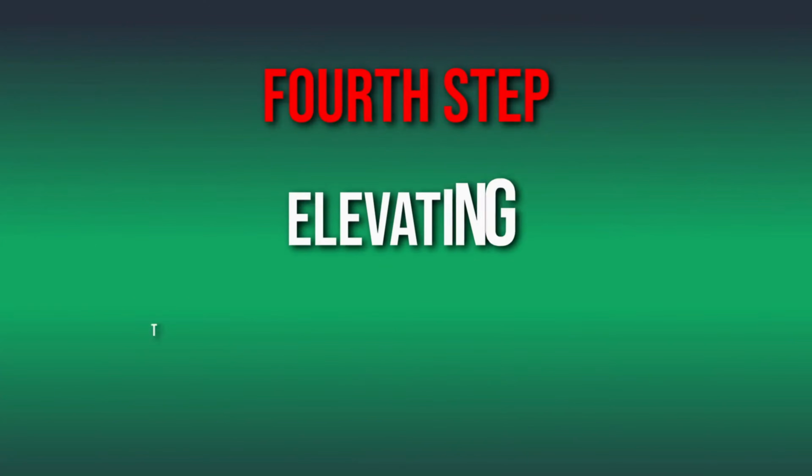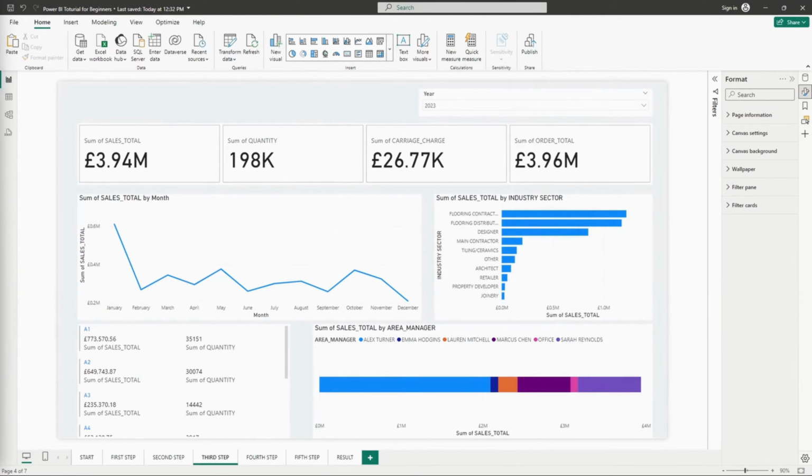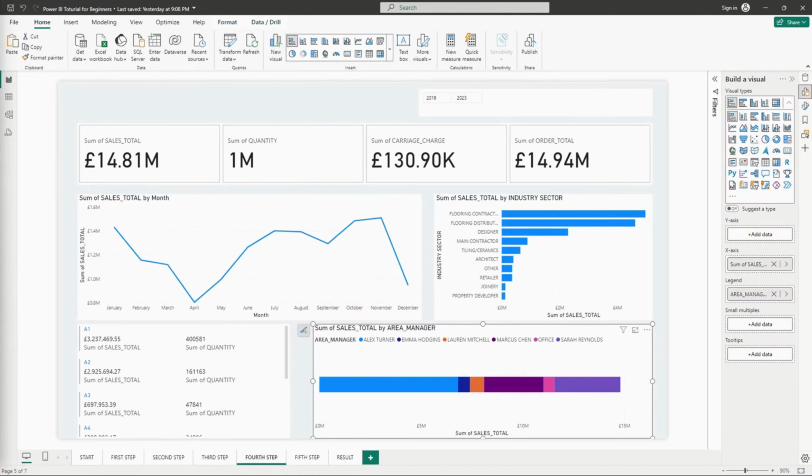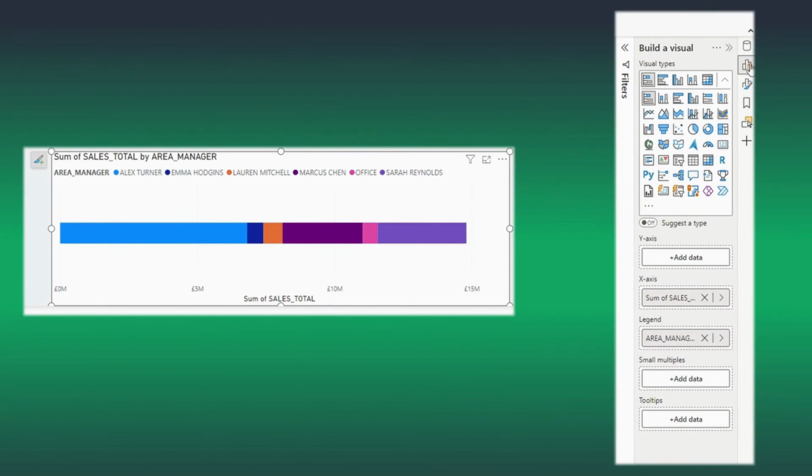Step 4, it's all about elevating the aesthetics of the report, addressing its current lack of polish. Along the way I will give you a couple of time-saving tips. First step is to rename all the data fields. To do that, we need to select a visual, and in the Build a Visual data pane we can double click on each of the fields